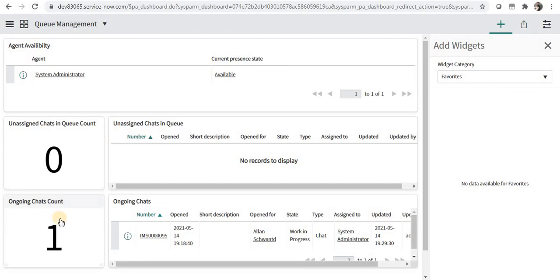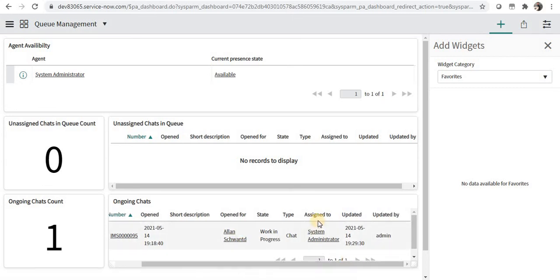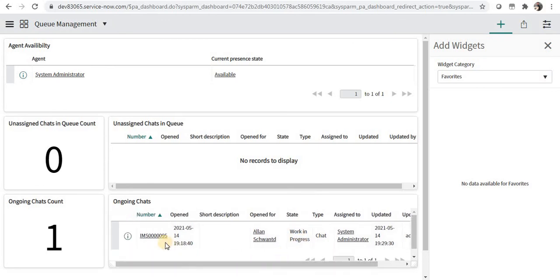So you can see there is one ongoing chat, and you can see the details of this chat. The end user is Alan, it has been assigned to system admin, and the state is work in progress. You can actually go into the interaction and view it as well.